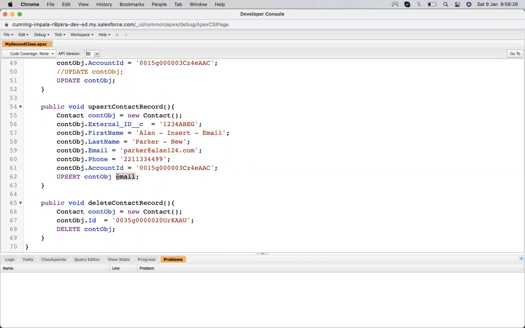So at that time, it will throw an error that we can't update, because if we find more than one record, we need to differentiate them, or we need to make that field have unique values for all the records having the same value.